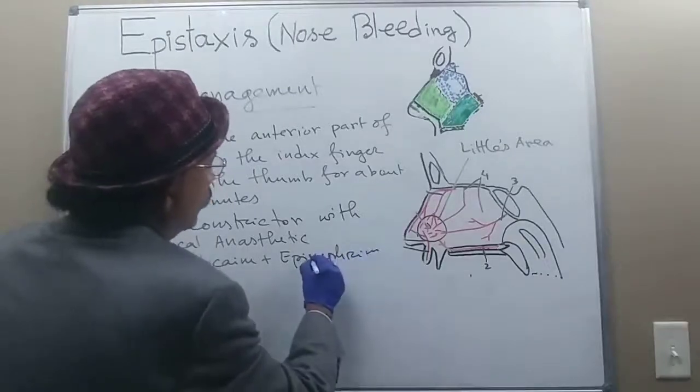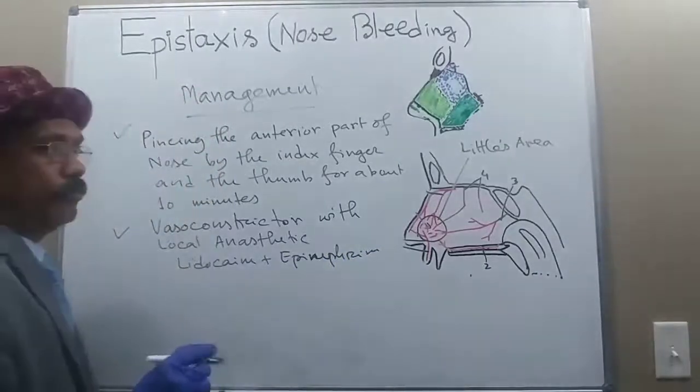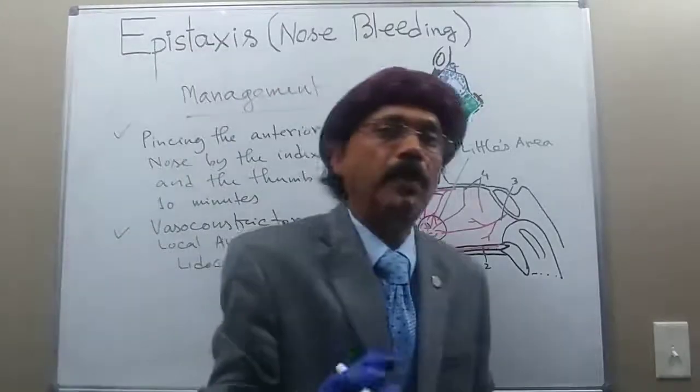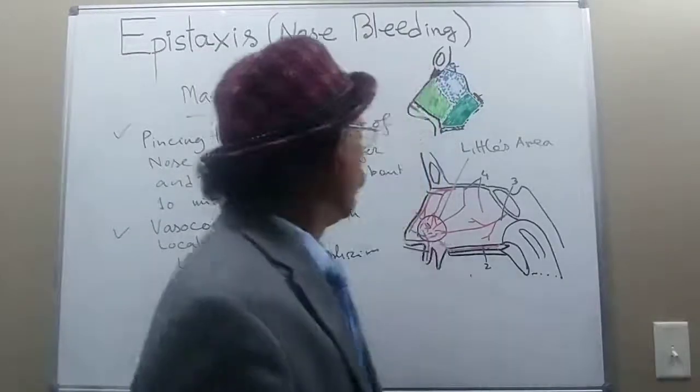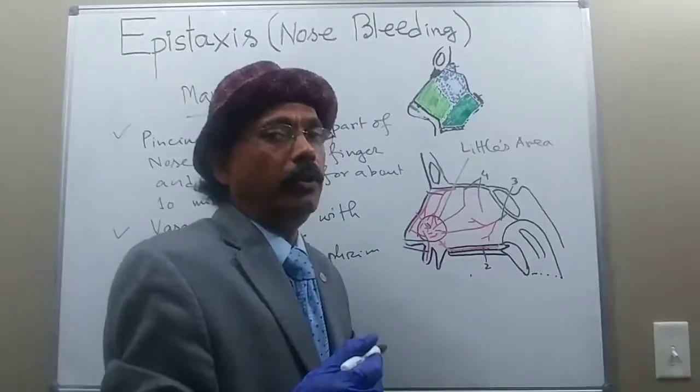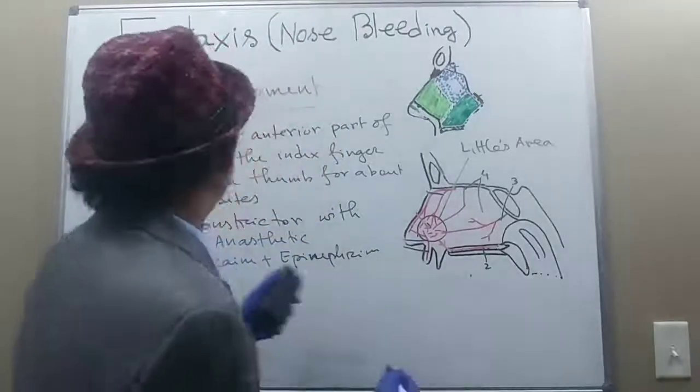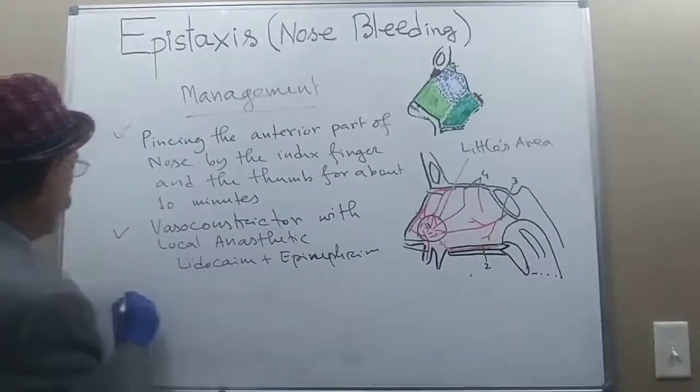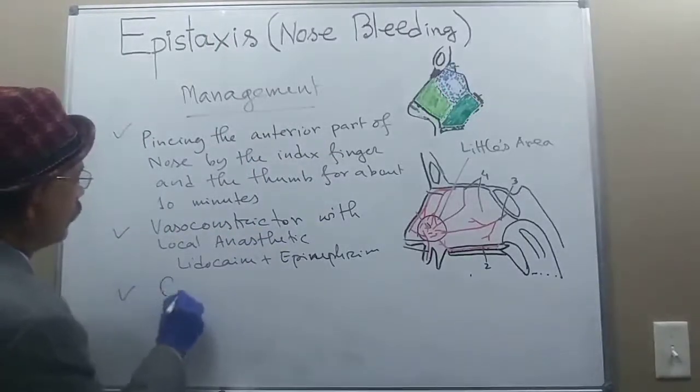The idea is to cause vasoconstriction and relieve any pain. A cotton gauze soaked in it can be placed inside the nose, so the bleeding should disappear. If that does not work, then we go through cauterization